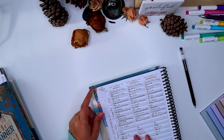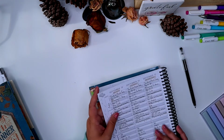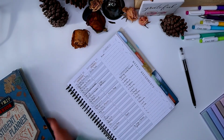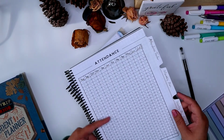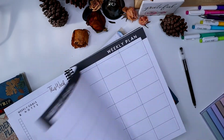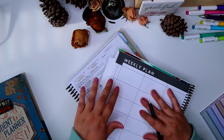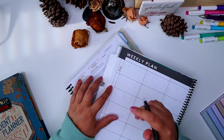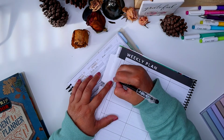If you notice in here, I will add eventually what we're going to have. Actually, I added already, but I would like to add eventually the words in here that I didn't add this time. I will then add this to this planner. This is the one that we use here at home. If you notice, I still have to work with the attendance that I forgot to put in here, but I've been working with these pages with the weekly plan. So I would like to add this week that we're going to start to this one. So I have in here that I add Bible. In here, I like to do reading and spelling